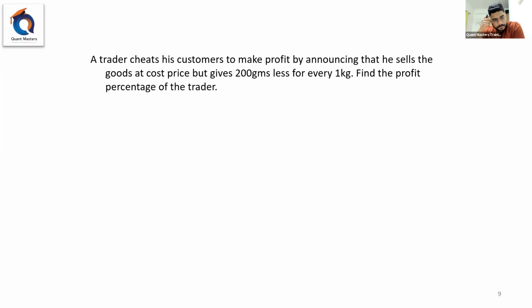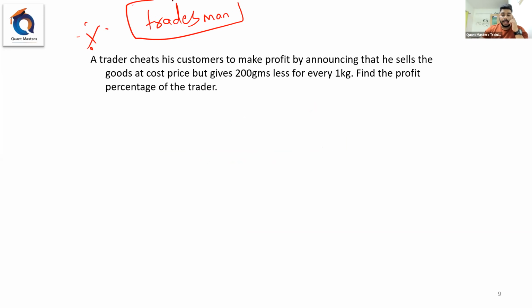Next one. Now, even these type of sums, okay, very important. Tradesman is there who cheats. Okay, so these type of sums. I'll give you 30 seconds. No, I am the businessman. I am buying how many kg? 1 kg. Try to understand. Okay, no formulas. I need to solve this without touching the pen.